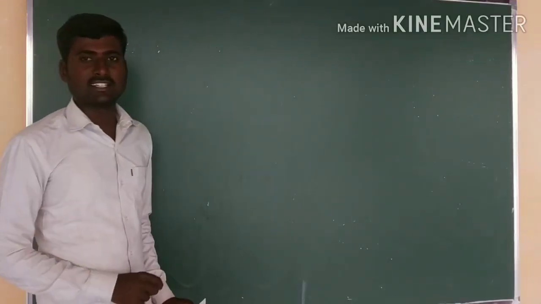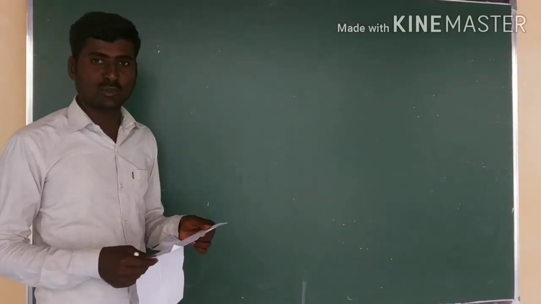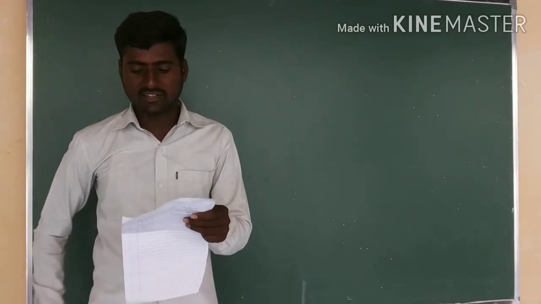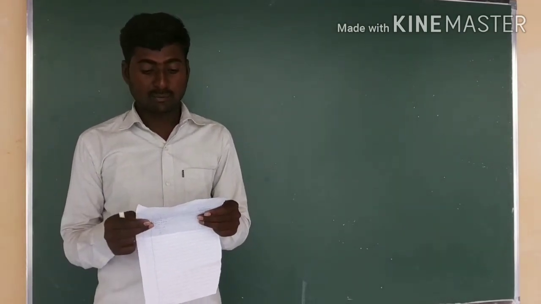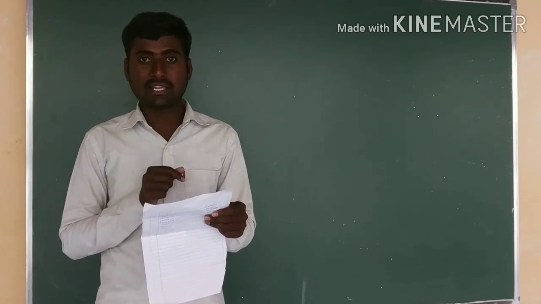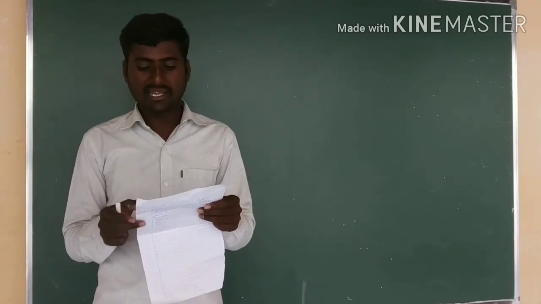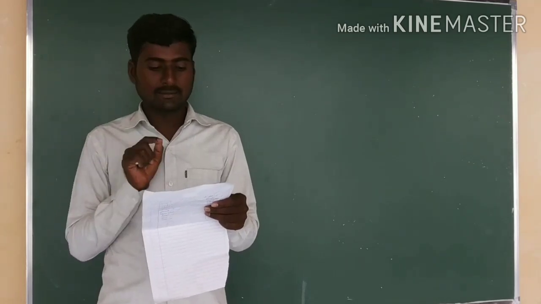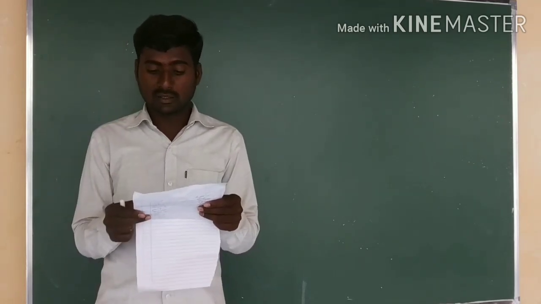My dear students, now we shall discuss the seventh question. Let us see the question. A tent is in the shape of a cylinder surmounted by, here the word is by, not on, by a conical top. Tent is in the shape of cylinder surmounted by a conical top.